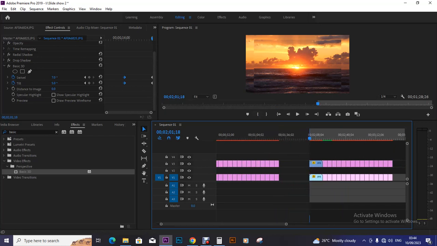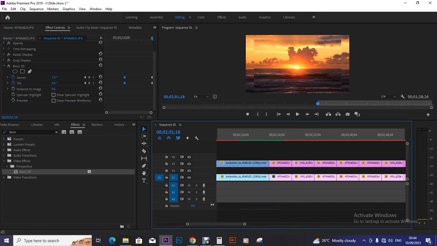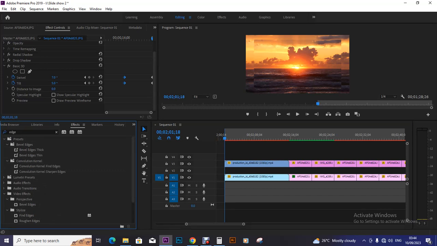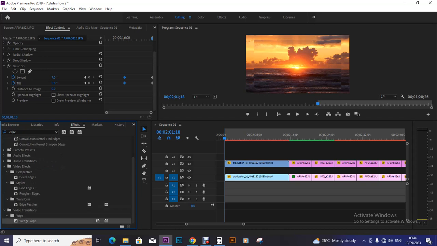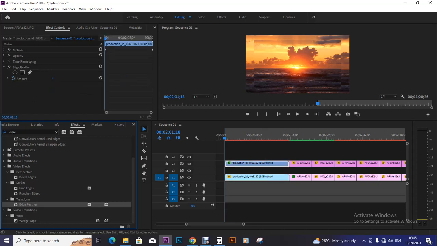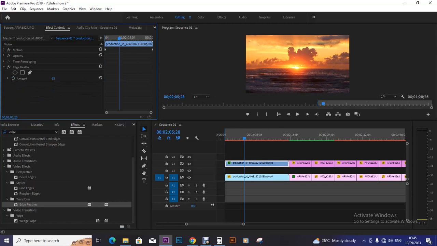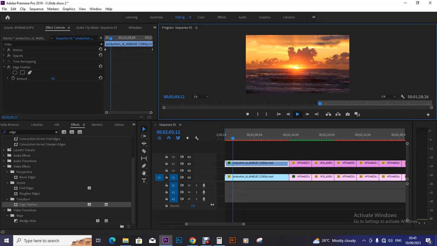So with this second method, remember I told you we are going to use feather edges. So you can type here "edge". The moment you click feather edges, we don't want roughen edges, we just want this edge feather. So the moment we click, we drop it in and we place it there like that. So it means the moment we play this,